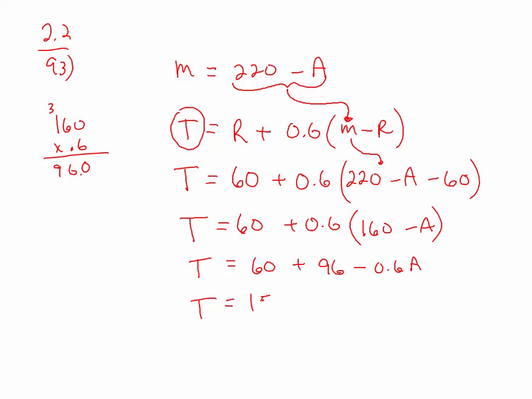So tell me if we're okay here. 156 minus 0.6a. Ooh, a lot easier formula to deal with now. That's kind of what we're doing. We're manipulating two formulas to get us to 1. So now it's easy. So for Char,